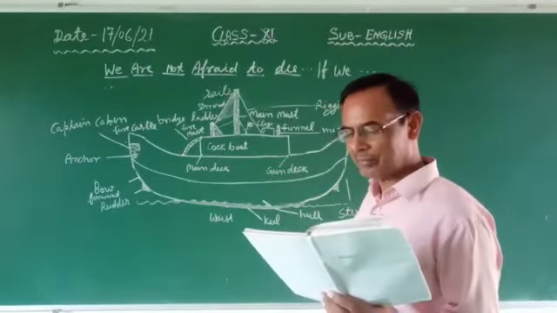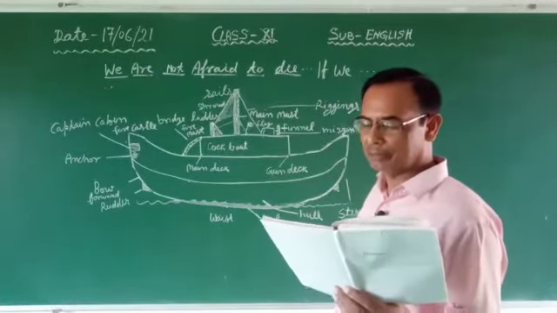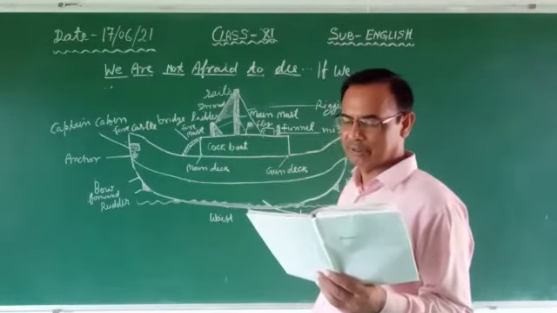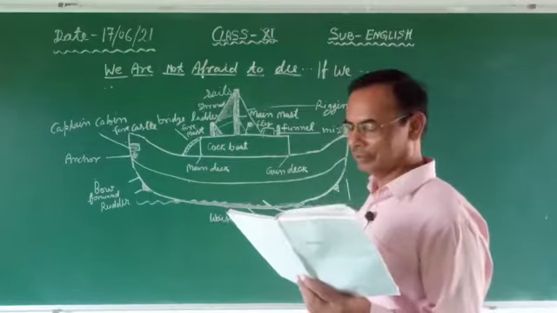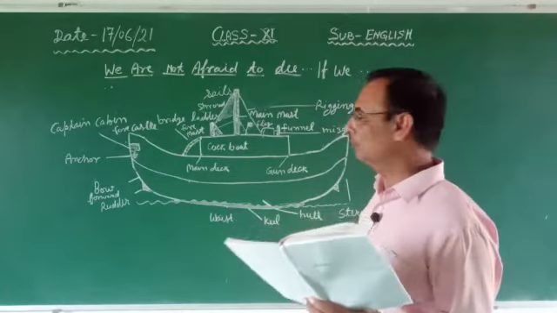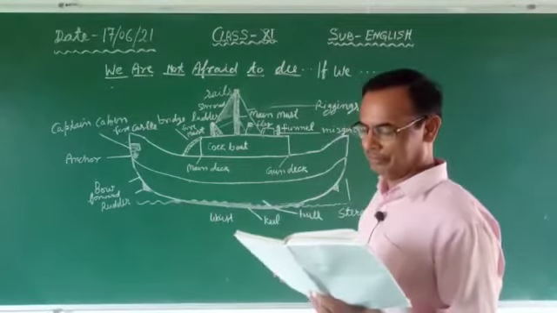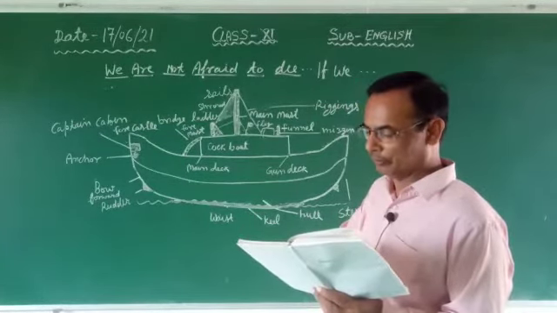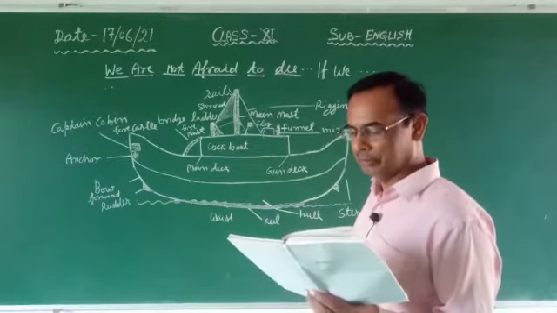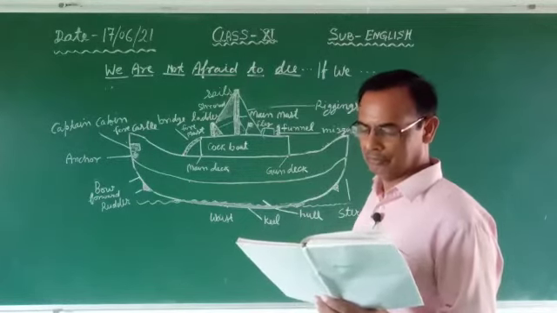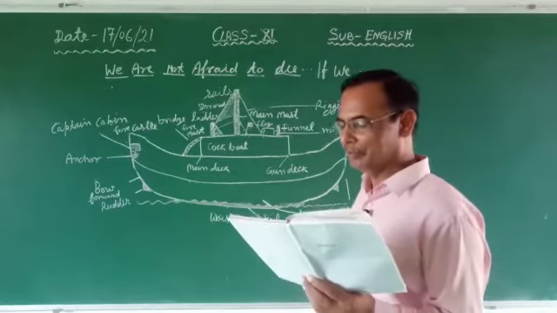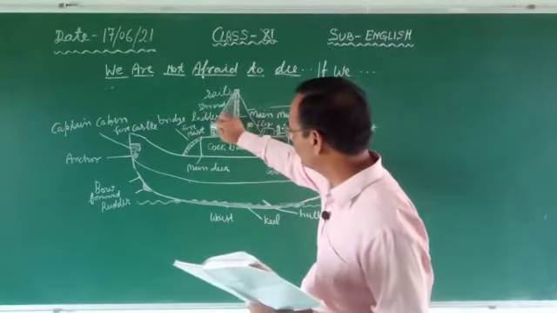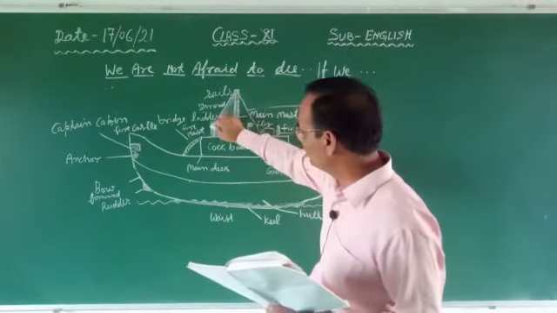To slow the boat down, we dropped the storm jib and laced heavy mooring rope in a loop across the stern. To slow the boat down, to make the boat slow down. Here, between the phrase, the subject is used. So to slow the boat down means to slow down the boat. We dropped the storm jib. They collected the storm jib also. Why for? To make the boat slow.